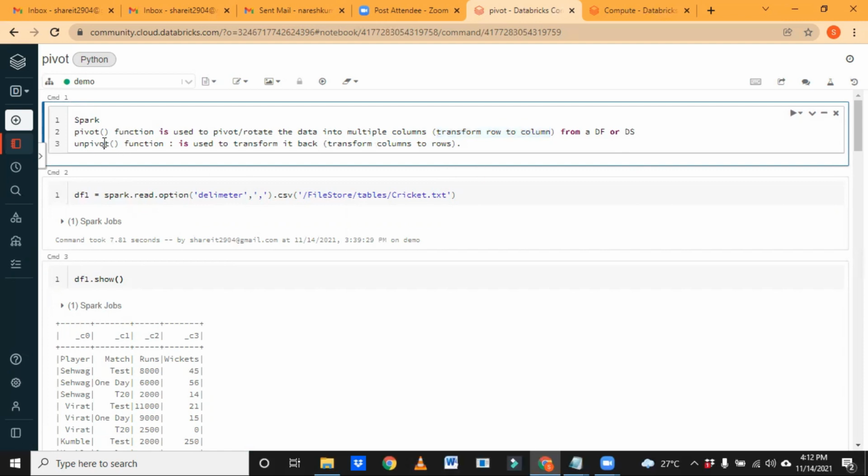Unpivot is the reverse; it is used to transform columns back to rows. Pivot does rows to columns, and unpivot does the reverse, you can say transpose. So is the definition clear, or is the use case clear for you? Then we will try to execute it.